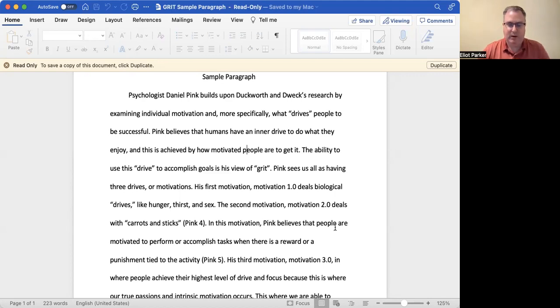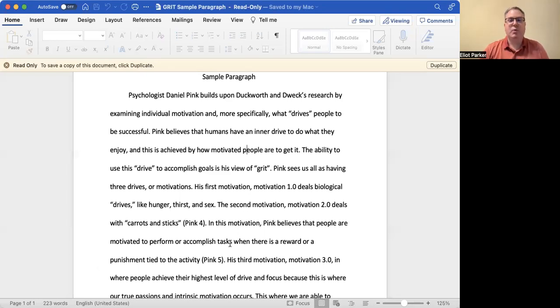So let's look at this sample paragraph. I'm just going to read this aloud first, and then I'll go back through and we'll break this down on a more syntactical level so you can see what's going on and working here. And I wrote this in literally 10 minutes, so it's got all kinds of foibles and probably some incomplete thoughts and things that maybe don't make sense, but that's okay. We're doing this as a learning exercise, and if I had more time to polish this up, it might be a little bit different.